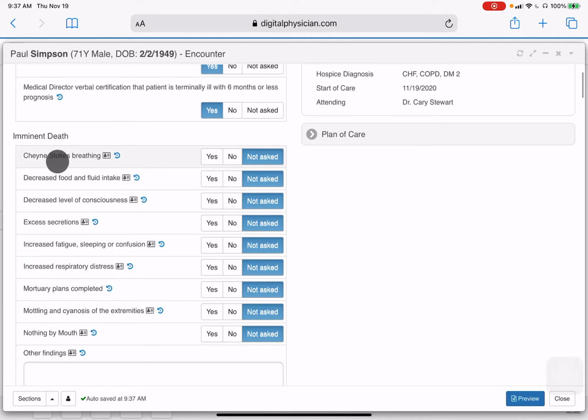Now notice with the question next to it, there's two icons. There actually could be three icons in some cases, but the first icon here you notice looks like a contact card. It has a picture of a person and some text next to it. That means it's going to be used to populate the plan of care item. So if we start saying yes for these things,